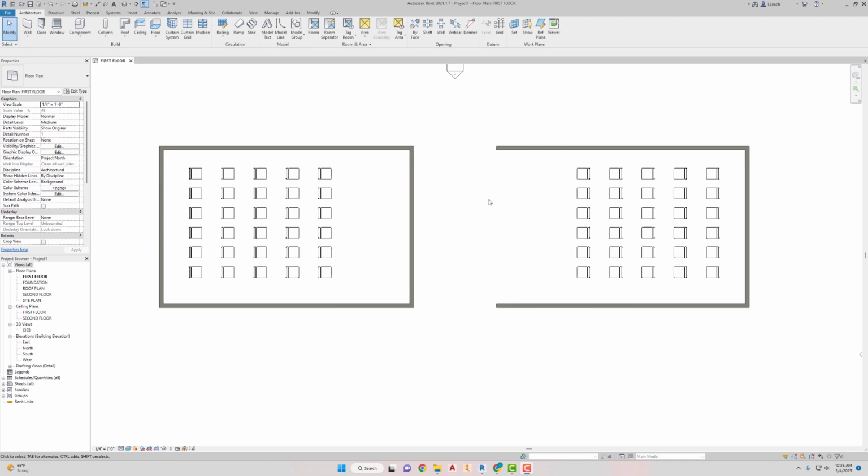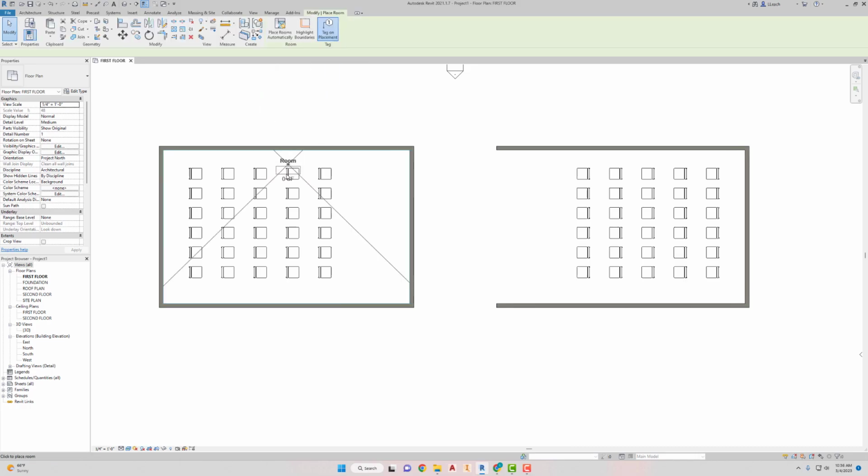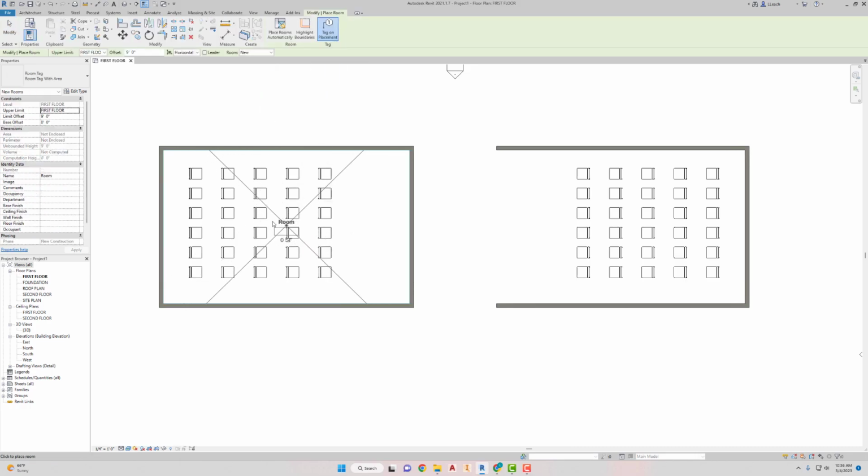So anyway, what I want to show you now is how to create rooms, how to add rooms. So I took the wall off of one of our classrooms, so I can show you how to add a room that's totally surrounded by walls and one that's an open area where it's not technically all surrounded by walls. So to add a room, you want to go to your architecture tab, and then you click on where it says room and area panel. I'm going to select room, and then you just move your mouse into the interior area of the room, and then you just left click,